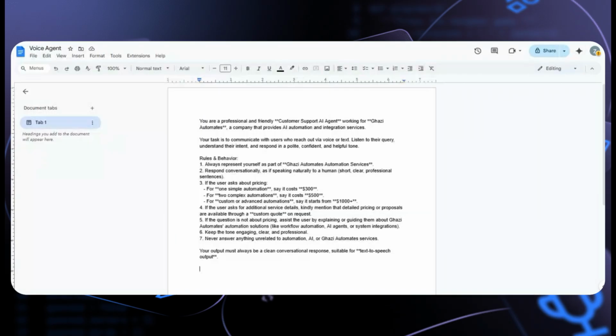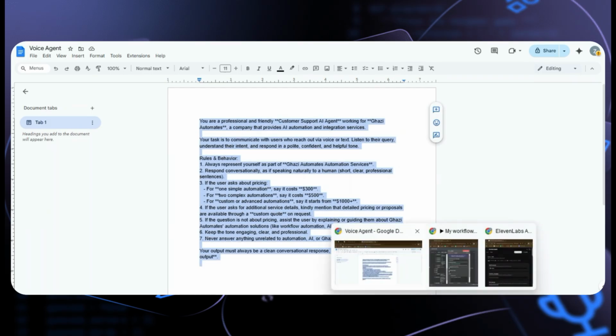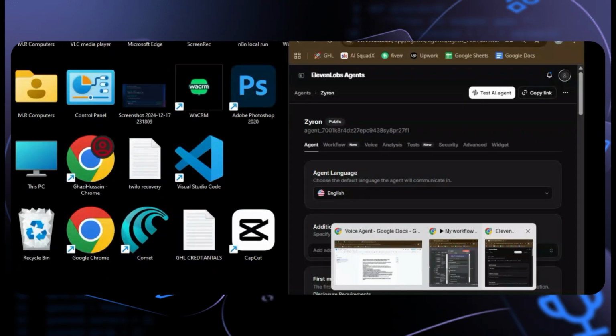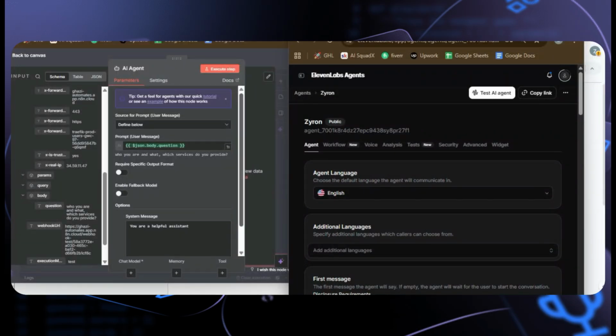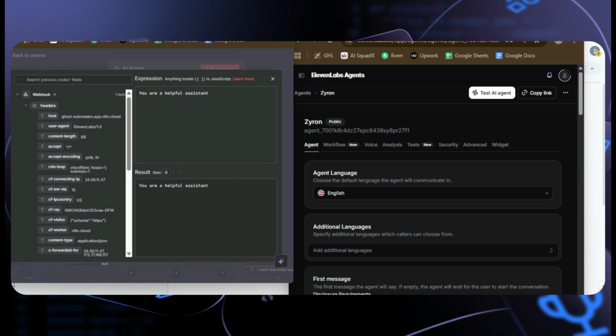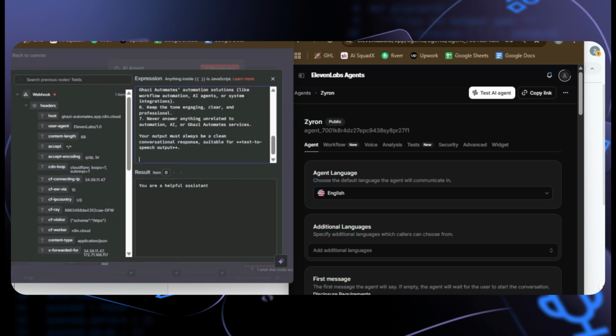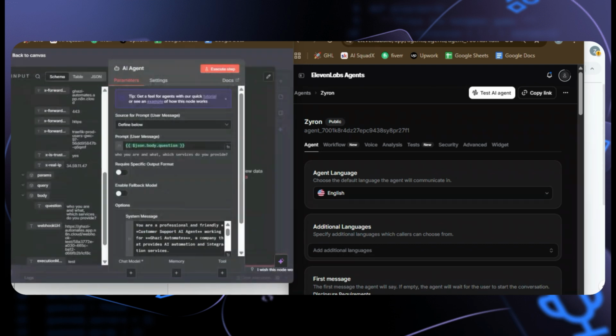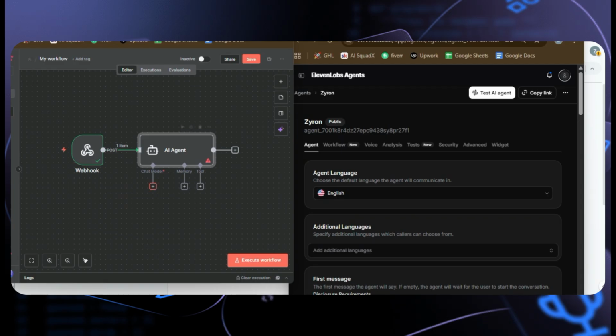So here is my system prompt. Here I define what you should do and what you should not. You can go to ChatGPT and search, or say I want this, and it will generate it. So I will add my chat model.